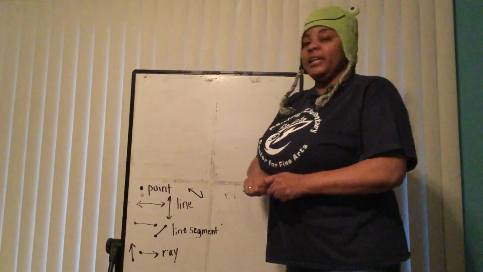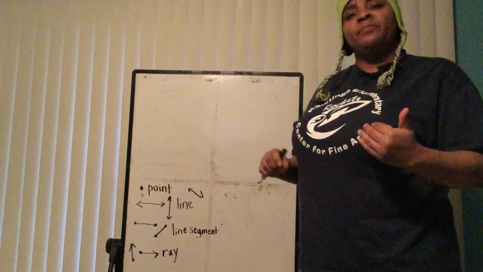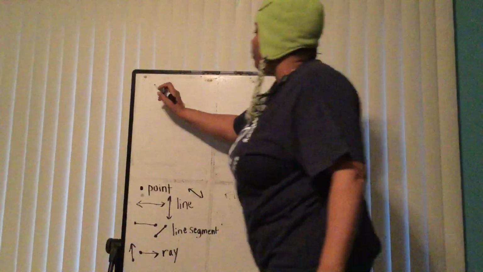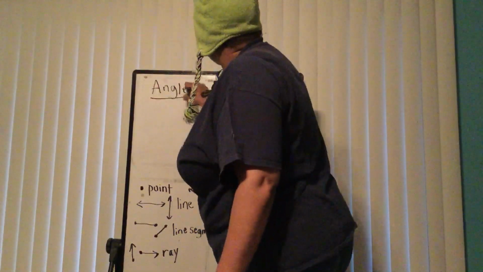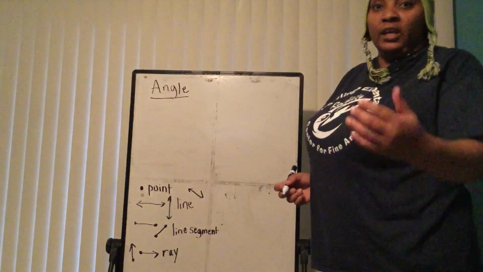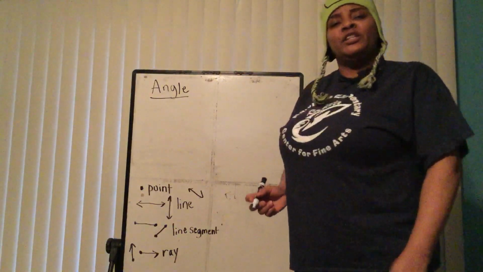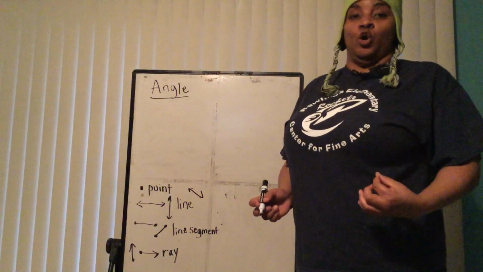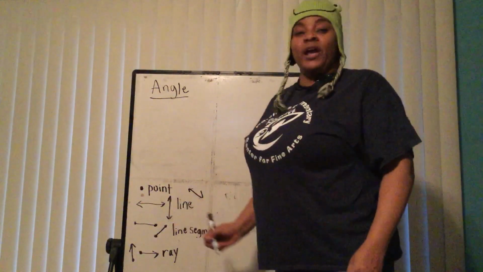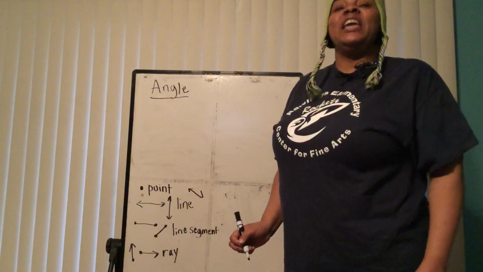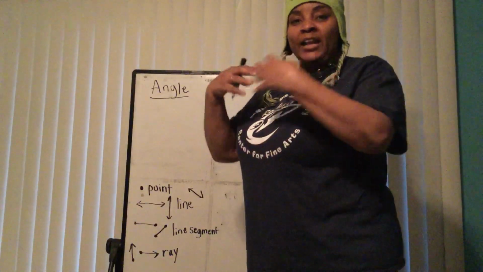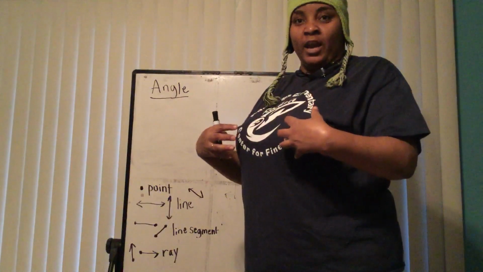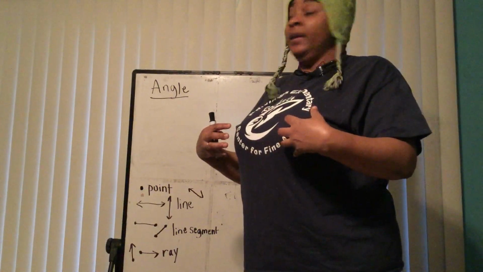Yesterday, before we ended, we talked about something called an angle. Say that with me. Angle. You can jot that down on your paper, keeping your notes handy. I told you yesterday, an angle is when two rays come together and share an endpoint. Our whole body is going to be the endpoint, and our arms are going to be the rays.